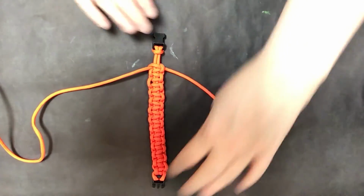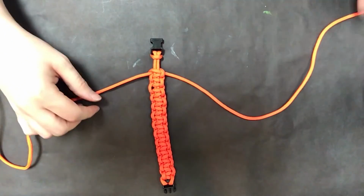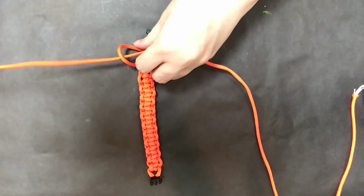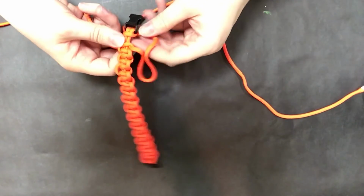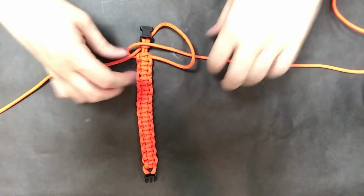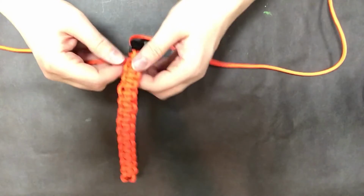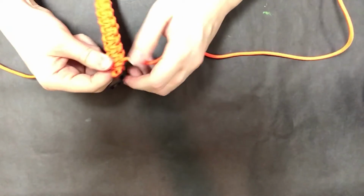Okay, so as you can see, we are now almost finished. All of our knots are nice and even and nothing's twisting, so we should be good to go in maybe 2 more knots. I'm going to make my loops. Okay. This might be the last one. Yep. Okay. So now we have our loops all done. So what we're going to do is flip it over,